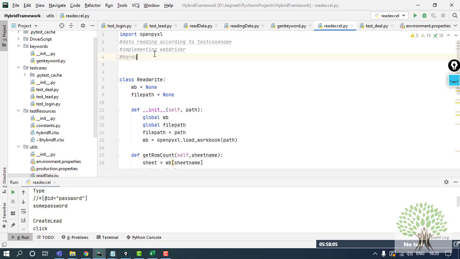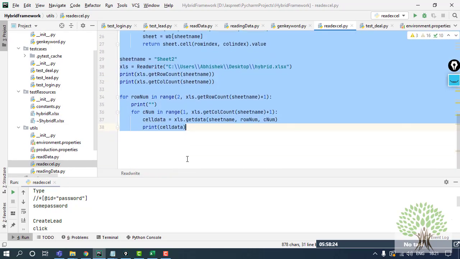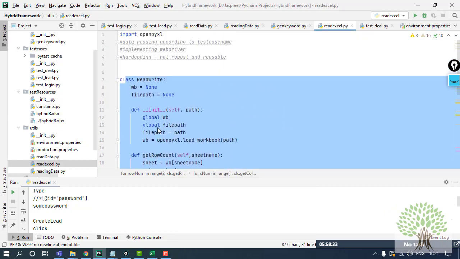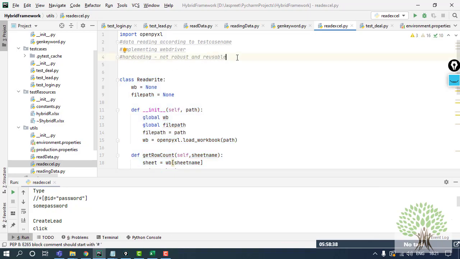So my project should be free of hard coding. There should be no hard coding in the project. Otherwise, my project will not be robust and reusable. Reusable is a term which is very important over here, because whichever code I'm writing, like over here you can see this minor code I have written, I cannot write this code a number of times to read the data from my Excel sheet for every test case. I can't do that. I will keep it in a single file and I'll use that again and again. So reusability is also one term.